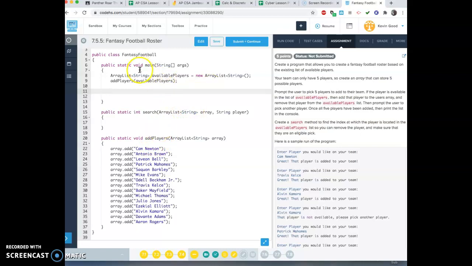So if you look up here, you can see there's strings. So you can be like, okay, string array, and then you can name it, does it care what we call this? My team. Right? And then you're going to say string 5, because you're going to make an array of 5 players. Alright? So that's got to be up here first. And then